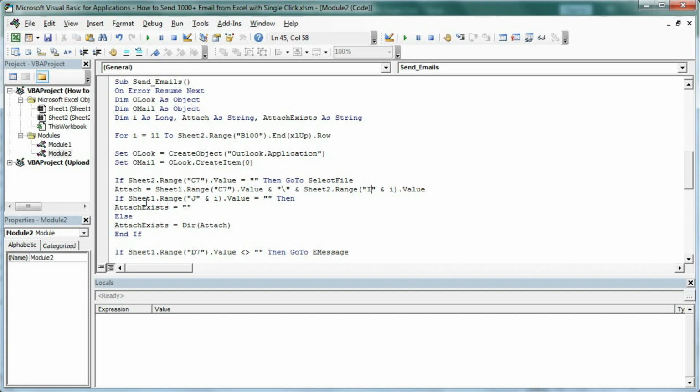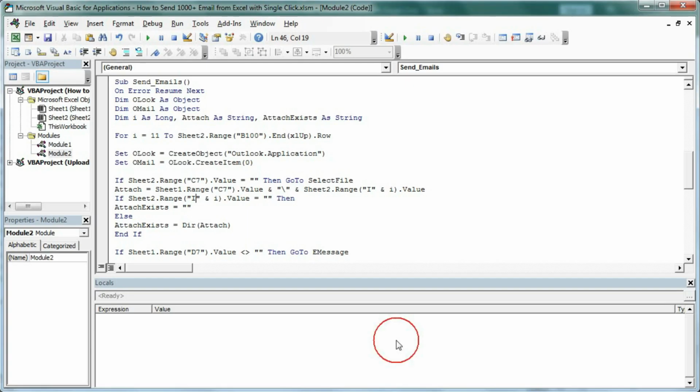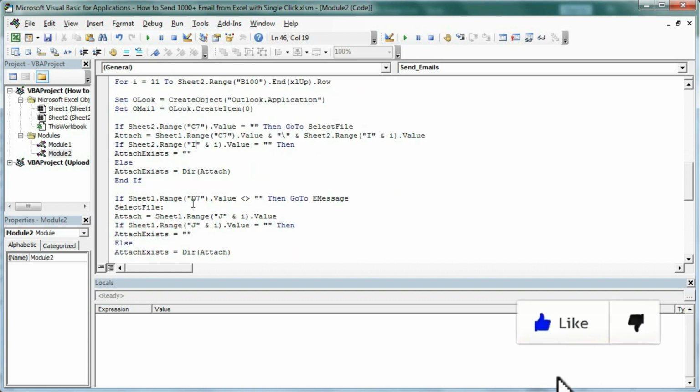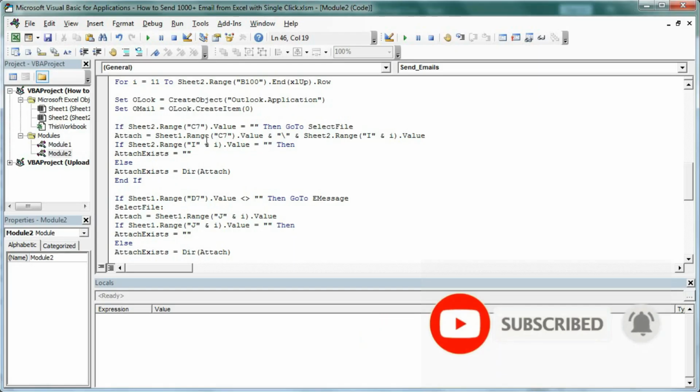Now if sheet 2 dot range J and I, so here I and I dot value equal to blank, if this value is blank, then attach exits equal to blank, else it will check attach exits equal to dir attached. So this is the code. And if this is blank, then it will move this to select file.